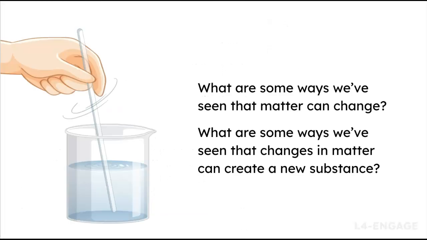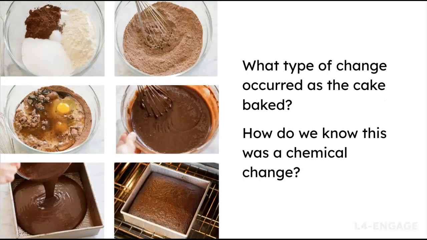To begin the engage portion of the lesson, you'll remind students of the anchoring phenomenon and their goal of using science to create a meal for the community picnic. You'll ask students about the ways they've seen matter change and the ways that changes in matter can create a new substance. You'll display the steps in baking a cake and remind students of the states of matter they've already identified. Then you'll ask students what type of change occurred as the cake baked and how they know this was